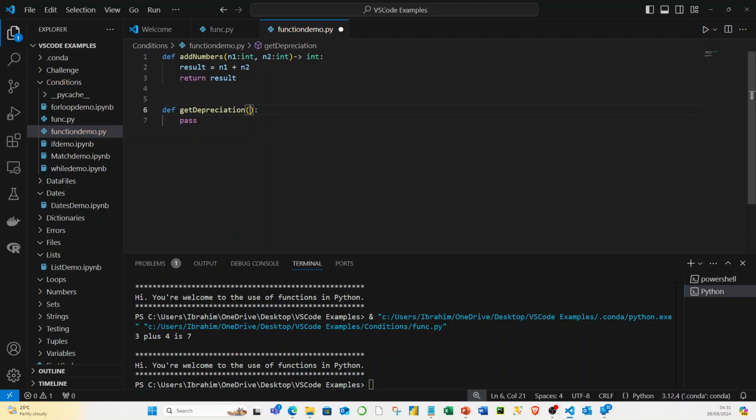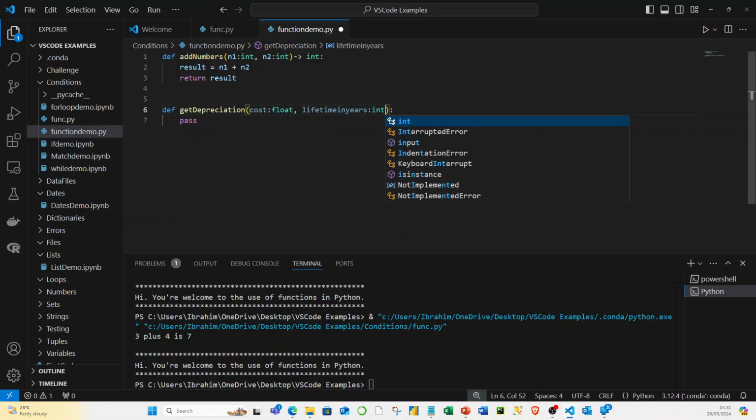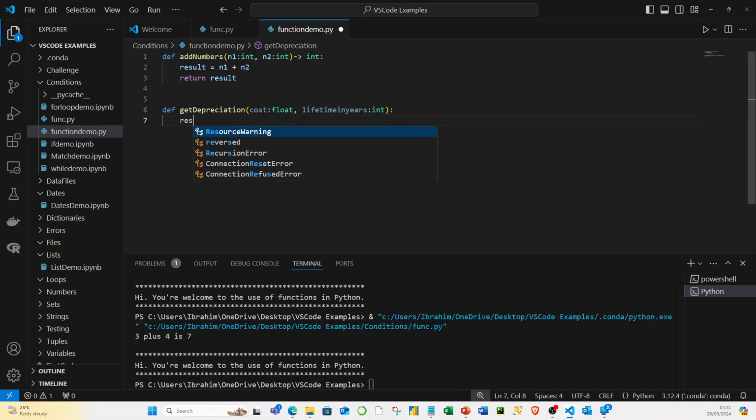I don't know what the definition is going to be. So to get the depreciation of any asset, typically you want to get the cost of the asset, and then you want to know the lifetime in years of the asset, so that would be an integer, and then the definition will be results will be